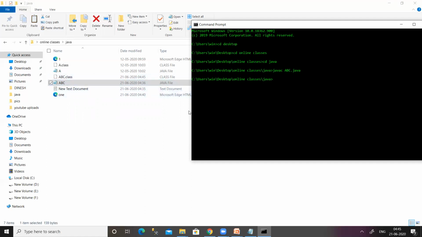Before entering the command javac space abc.java, we have only 6 files. After pressing the enter key, there is one more file generated with the name abc.class.